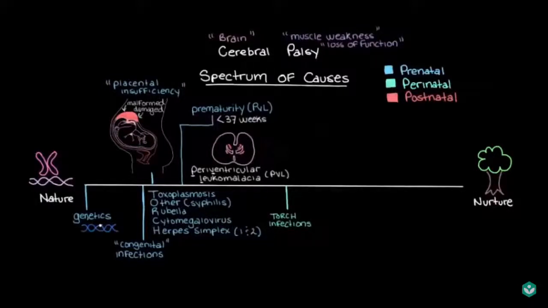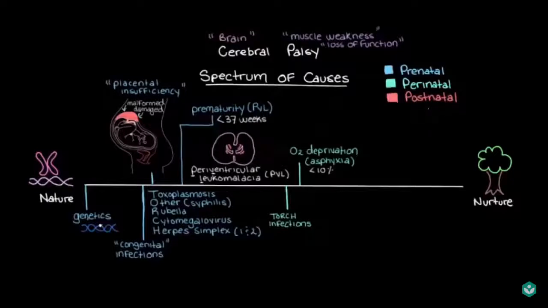So the second perinatal event that we can put down here is oxygen deprivation, or birth asphyxia. And this happens when something gets in the way of the baby's ability to breathe. So for example, if the umbilical cord gets caught around the baby's neck while it's being delivered. We actually used to think that this lack of oxygen, because of complications at birth, like problems with the umbilical cord, was the cause of cerebral palsy. But now we know that this type of event only accounts for a handful of cases of cerebral palsy, less than about 10%, and that the majority of things that go wrong and cause cerebral palsy actually happen during the prenatal period.